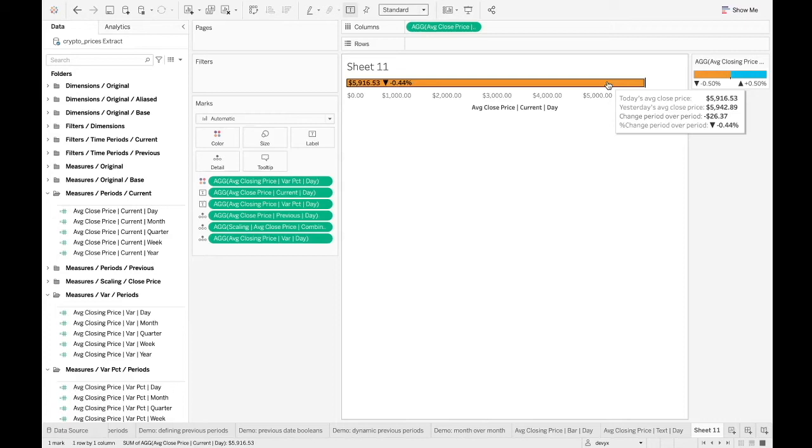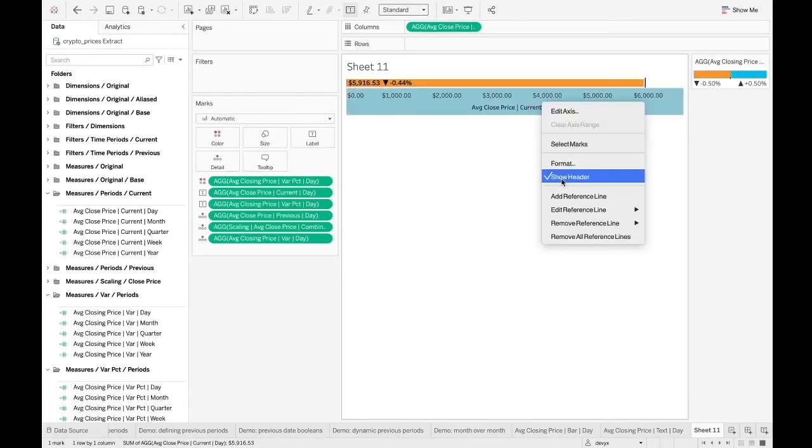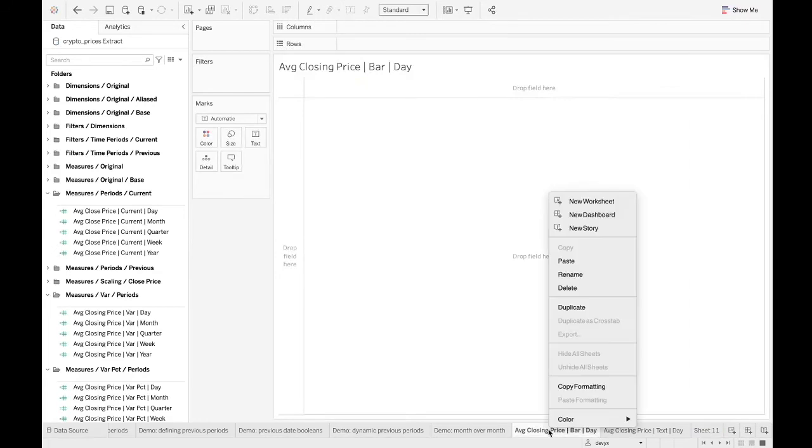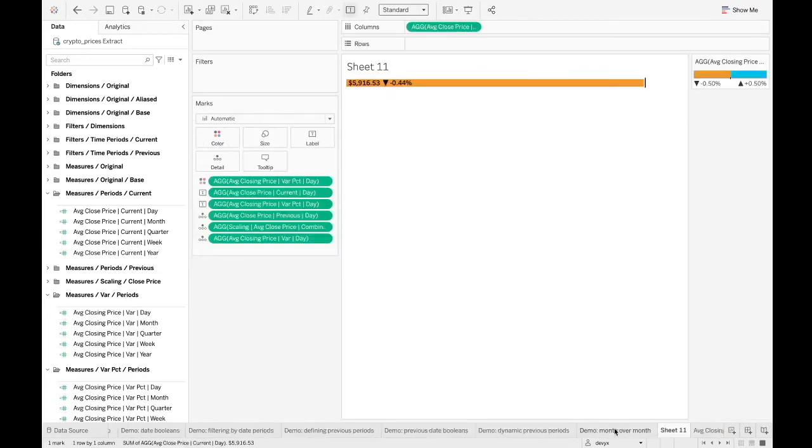And you'll notice in that tooltip, we also get that nicely formatted percent change that has the up or down arrow. So I like how this has come together, and we can now uncheck show header and maybe give this sheet a name. So we could call this, you know what, actually I was supposed to build this over here, so let's delete this, move this sheet over in its place, and give this the name average closing price